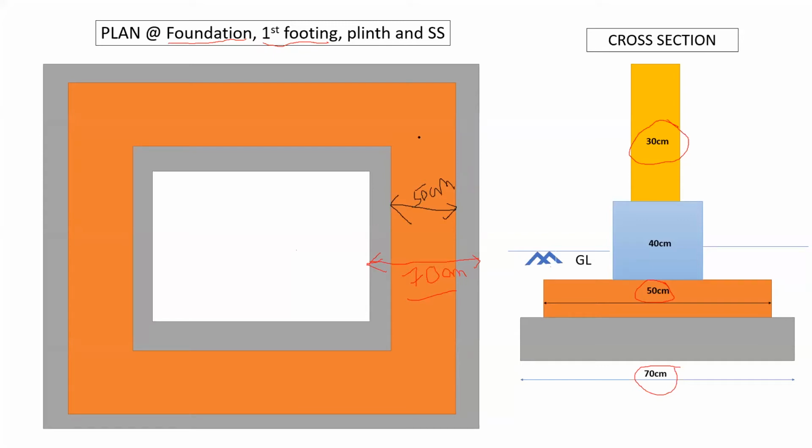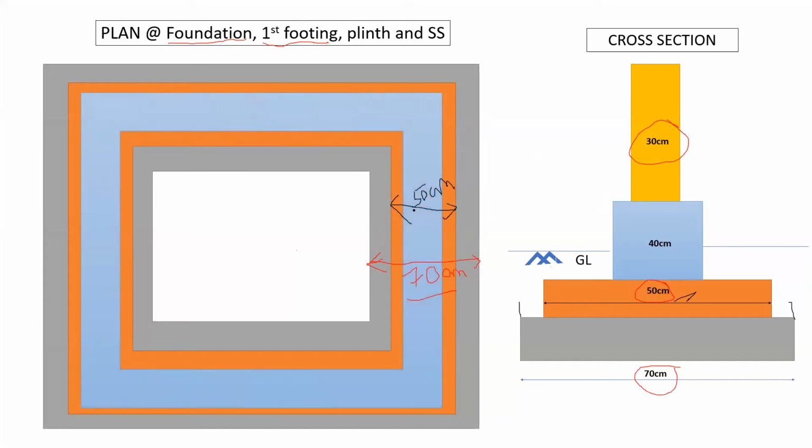So the width of this first footing will be much less than that of the foundation concrete. You can see here, this will be very much less. So here also the width will be throughout the foundation. This is the plan which we required. The plan for this is this. So this is 50 centimeters. What will be the next one?